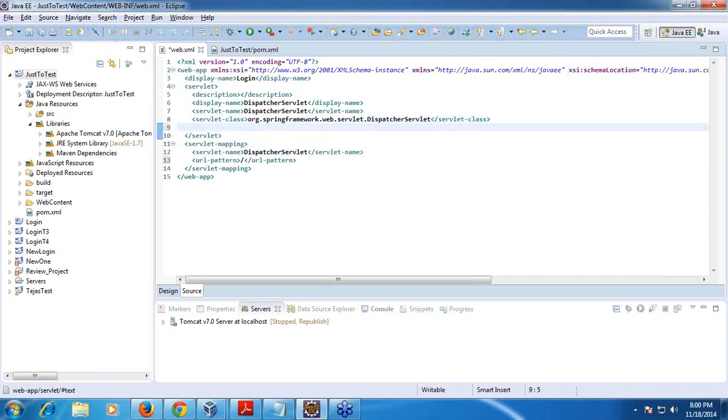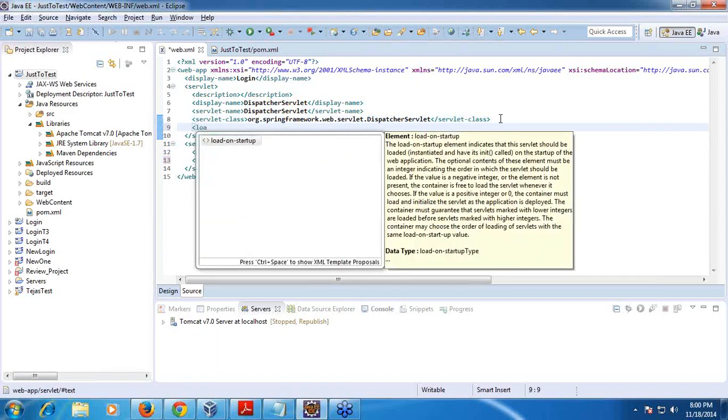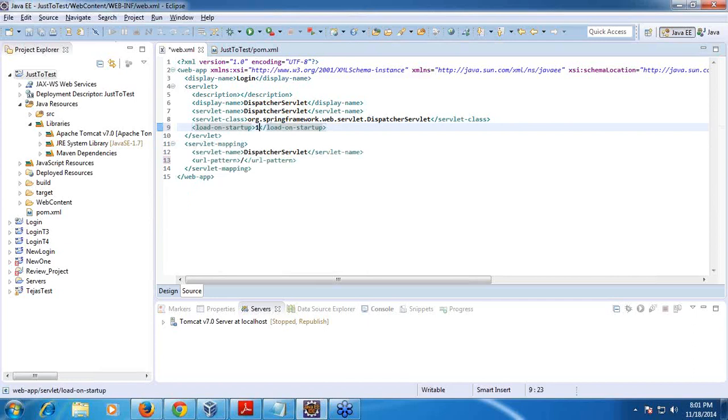So I can also say here, now load on startup once, right? I will save this. Now this is my web XML where any request I'm mapping to this dispatcher servlet. Right. So now this dispatcher servlet is a Spring framework component, which will load context from XML files.